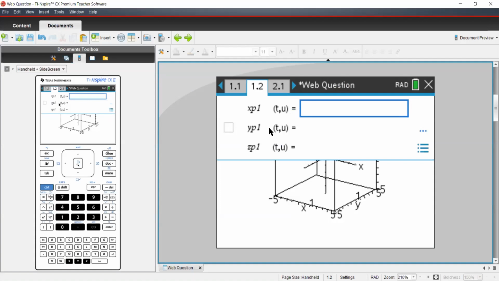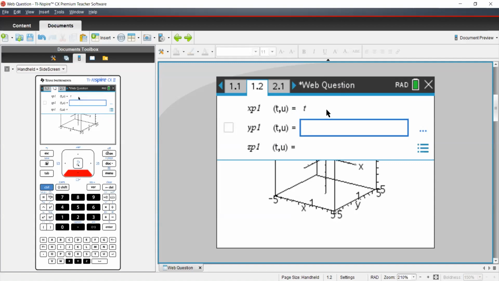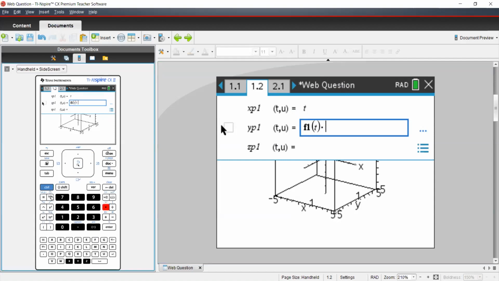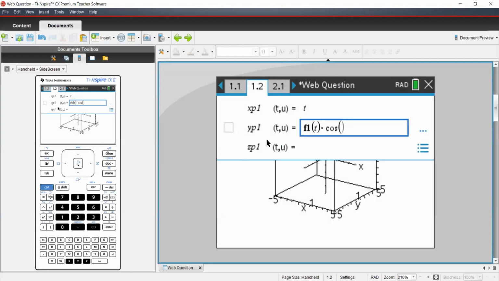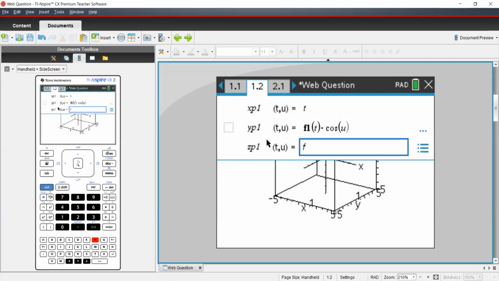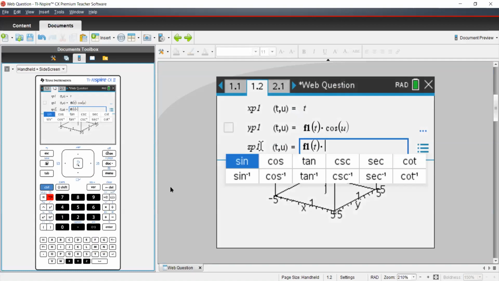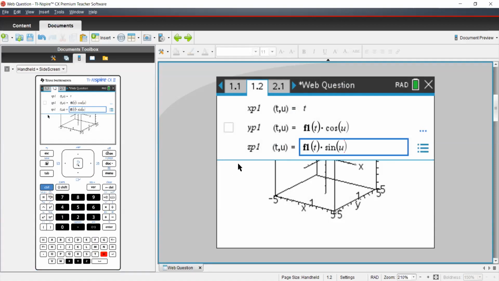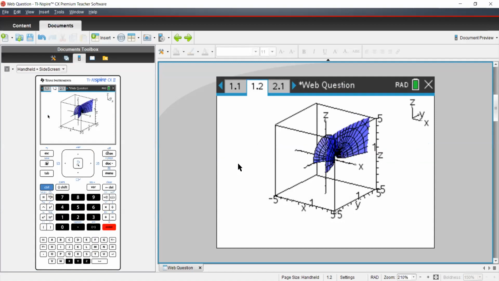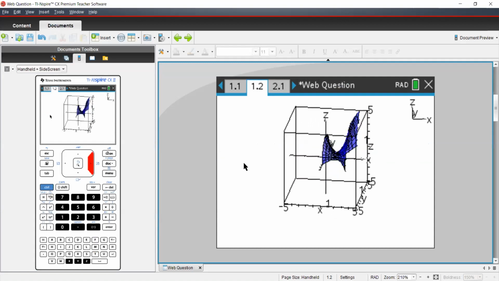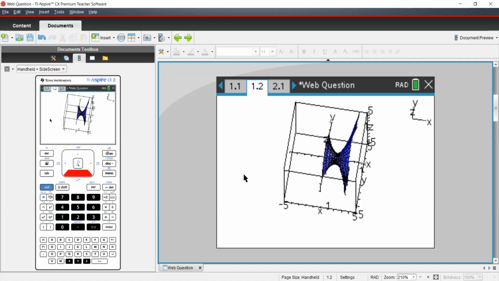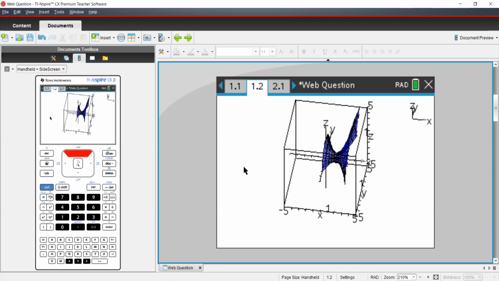As explained by Swati earlier, we will type the parameters over here and change them in the form of t and u. So I will write in t, and I define my function as f1 of t, and that is being multiplied by cos of u. Coming to the next line, I will write the same function f1 of t, and that is being multiplied by sine of u. Once it's done, just press enter, and here you can see what is happening. You can basically visualize how this graph is being rotated around the x-axis.